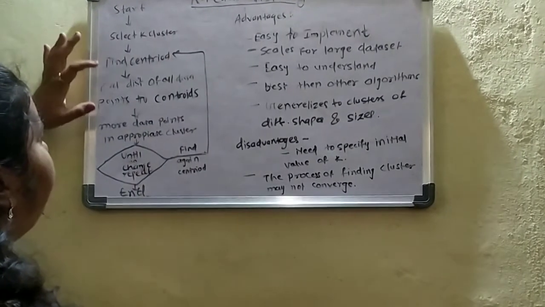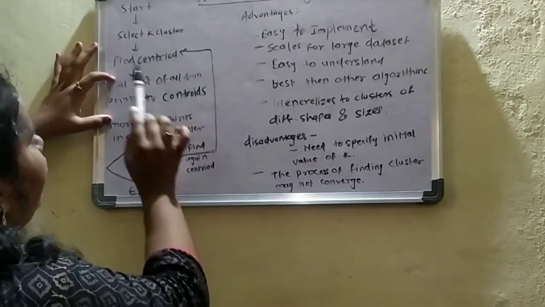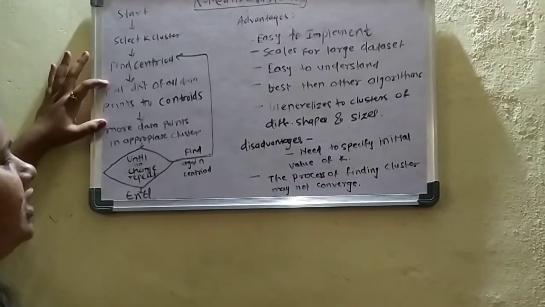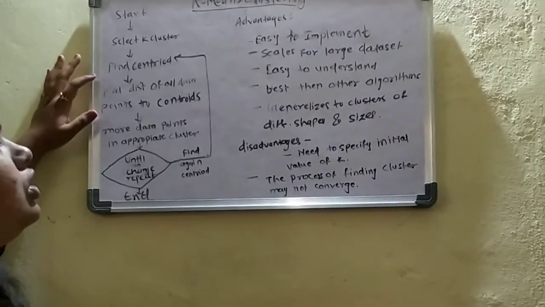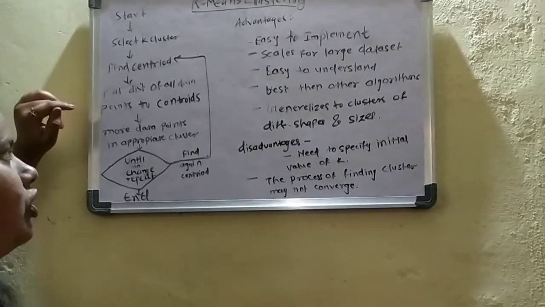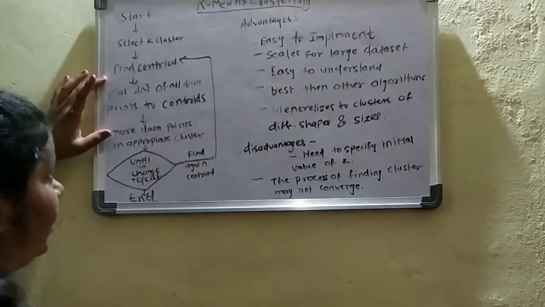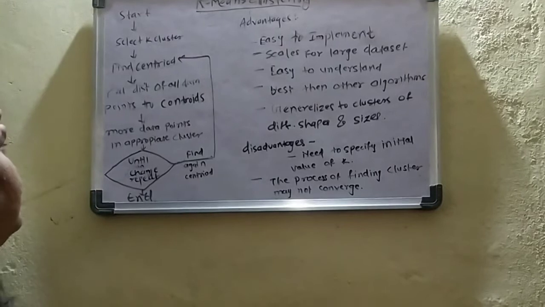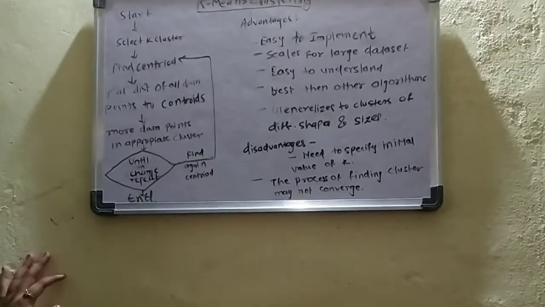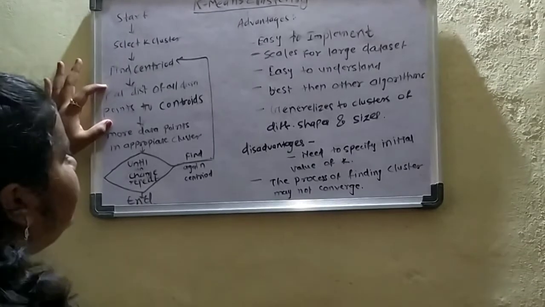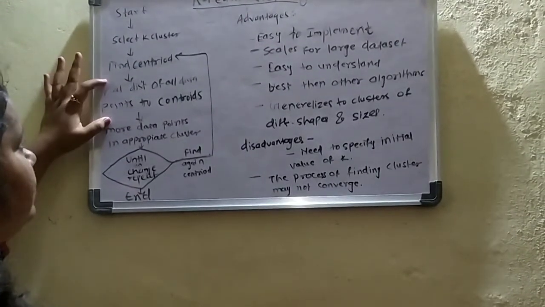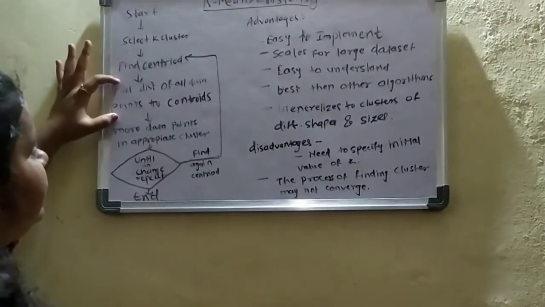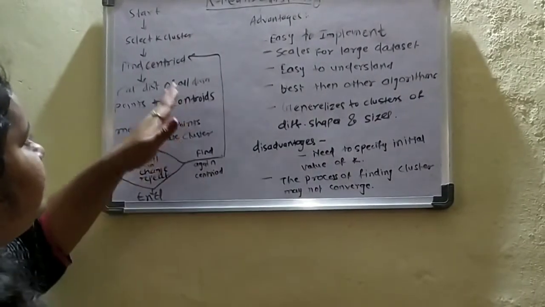Based on this centroid, we have to calculate the distance of all data points from this centroid. To calculate the distance of all the points, we have to use one formula, known as the Euclidean distance. What is meant by Euclidean distance, what the formula is, and how to calculate it, I have already covered. The link to that video will be in the description, you can go through it. So the Euclidean distance formula is used here. Based on that formula, the distance of all the data points from the centroid is calculated, and each data point is put into the specific cluster.